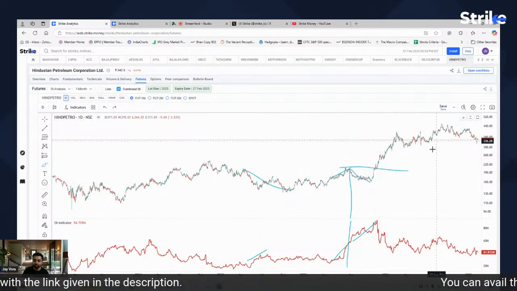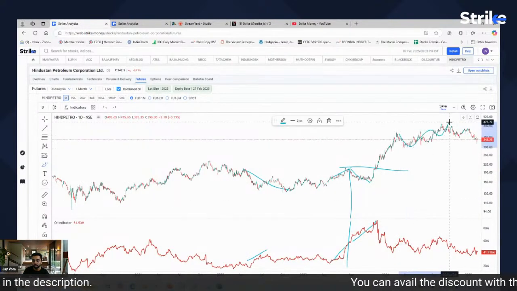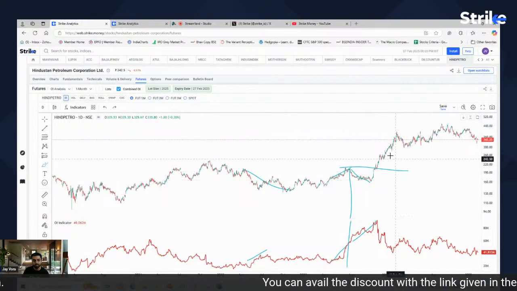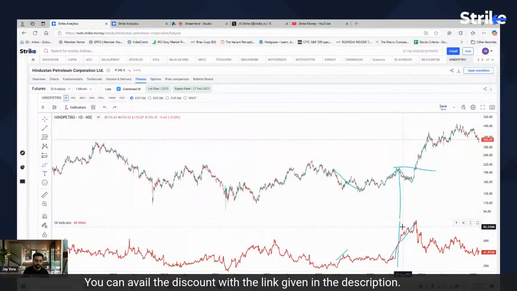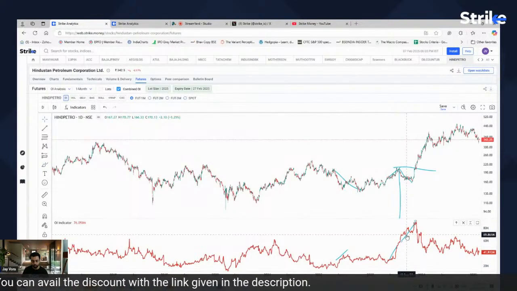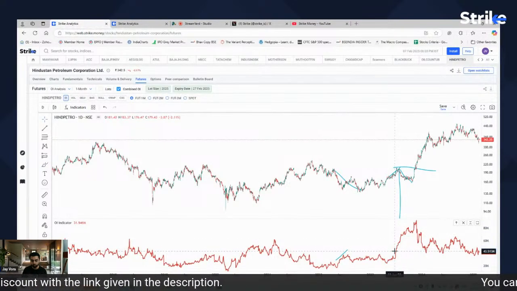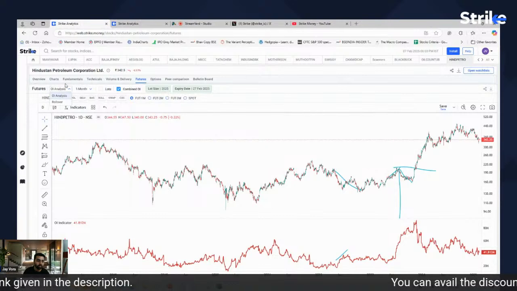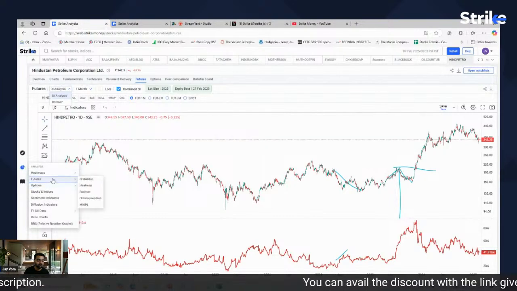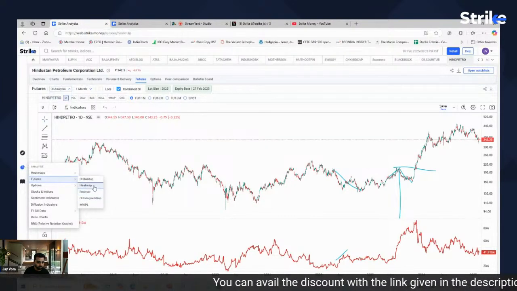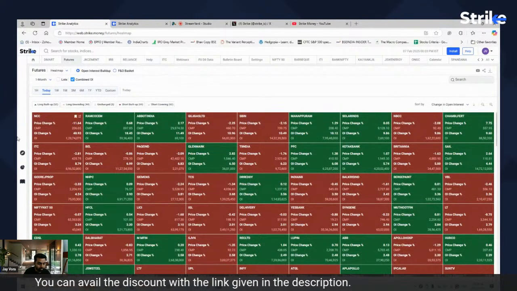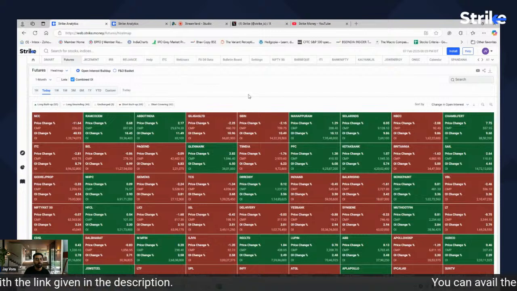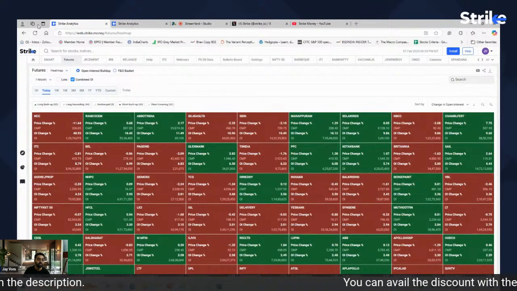And again, it is not that it ended completely, but again there was some pullback and it kept on rising higher. So yes, broadly you can find those things through this rollover. Now there is one more thing that we introduced a little while ago. I don't know how many of you have seen, but this is basically the heat map. This heat map will also tell you about open interest.